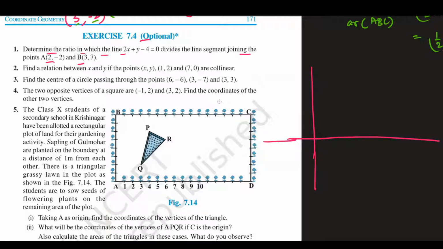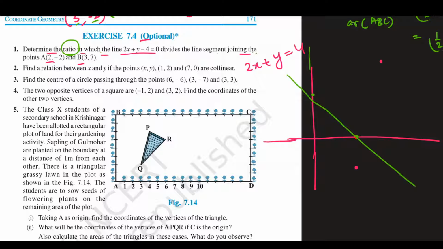the first point is 2 comma minus 2, so it will lie somewhere here, and the next point is 3 comma 7, so it will lie somewhere around here, and the line is 2x plus y equal to 4. So this line is nothing but this. This point, and at x equal to 0, y equal to 4. So somewhere around this is the line, and we have to calculate the ratio in which it divides